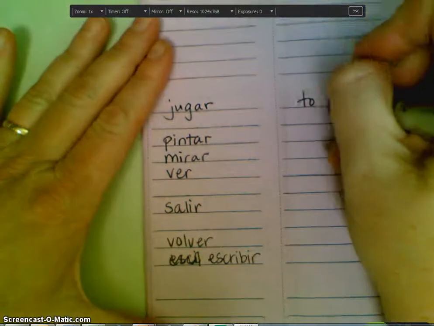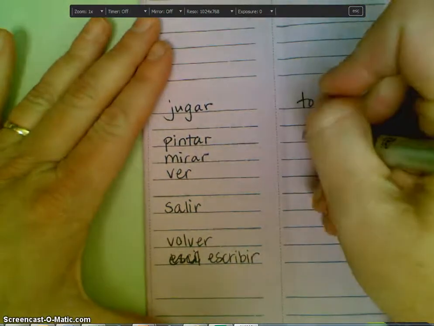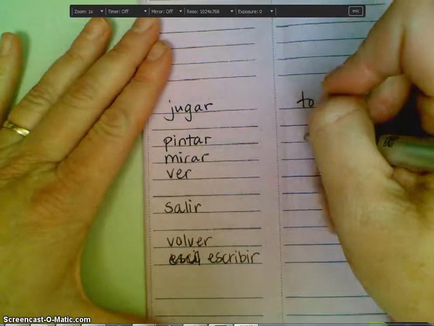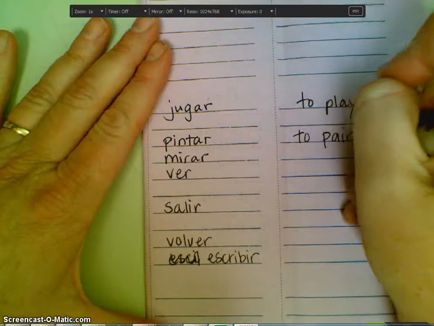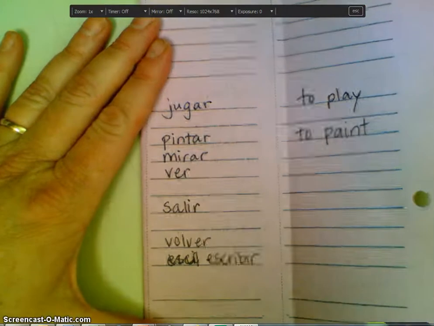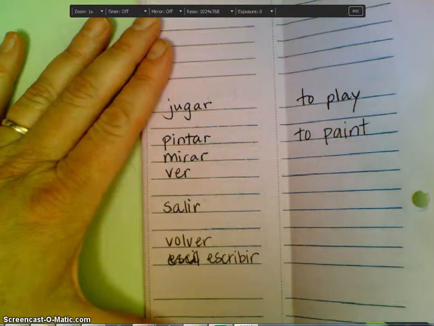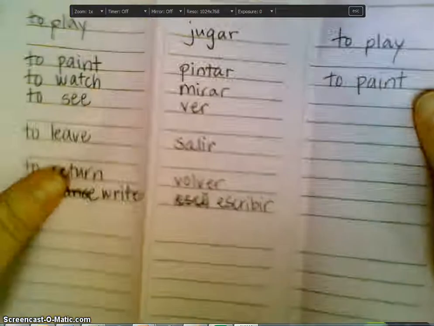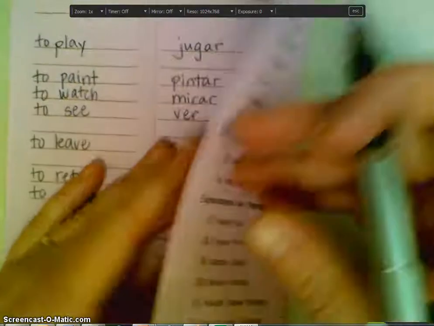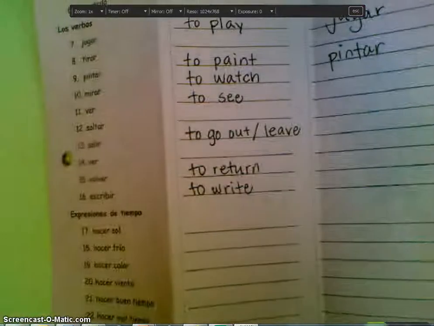So I can ultimately do this three times in English and three times in Spanish. And if I go through this activity three times in English and three times in Spanish, there's a really good chance that I have learned the words. So this is your homework, to try out this strategy. You should have the paper all filled out